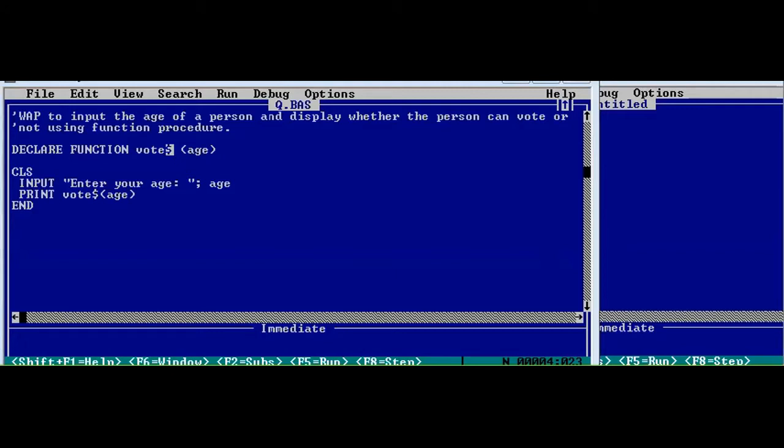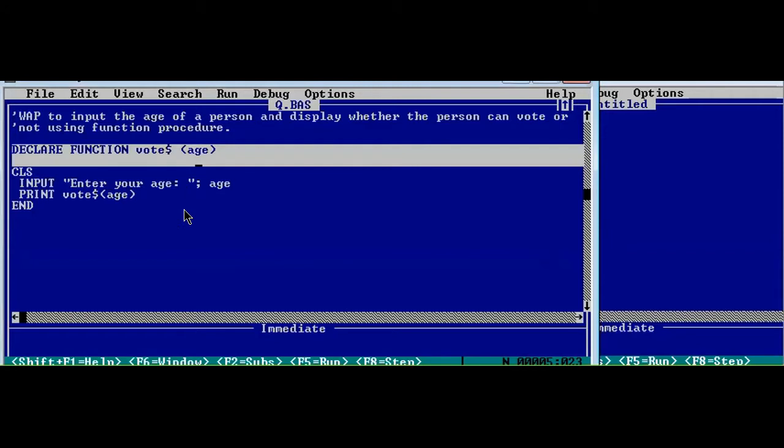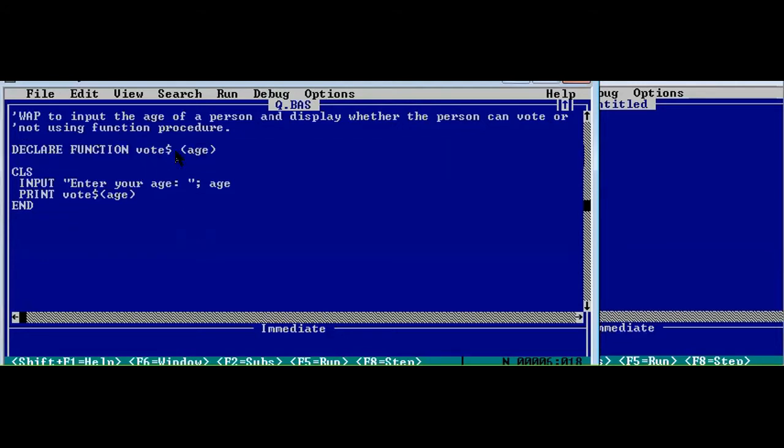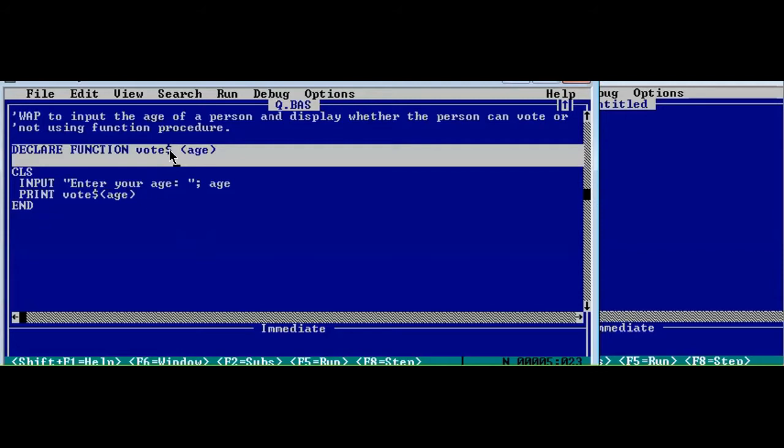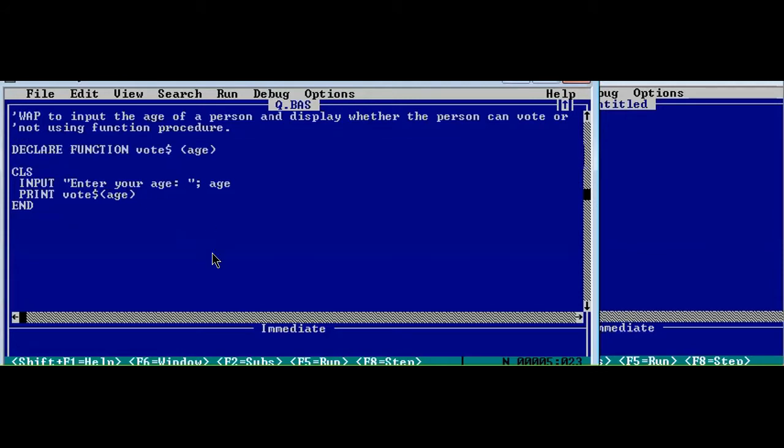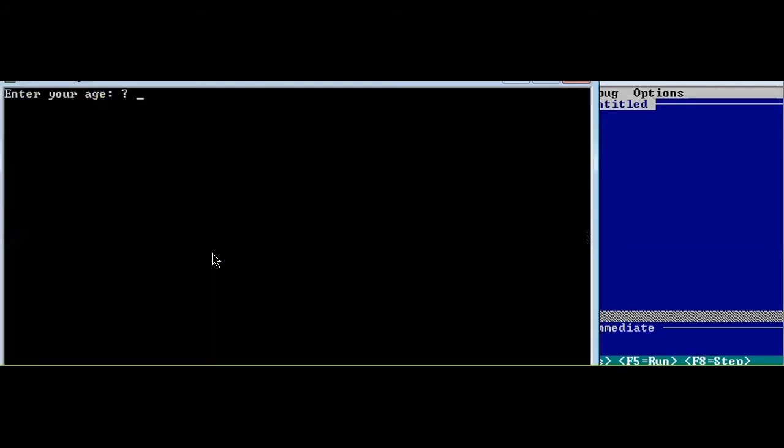Okay. Now those of you who have just joined in, we are just starting, and now this program was the one which we did last time, and I had saved this program, so I just opened that particular file. And I was talking about this $ sign. Now here $ sign is required because what we are printing in this program is this kind of statements, that is, you cannot vote. Now suppose if somebody is eligible to vote, then this is the message that we'll be displaying, that is,